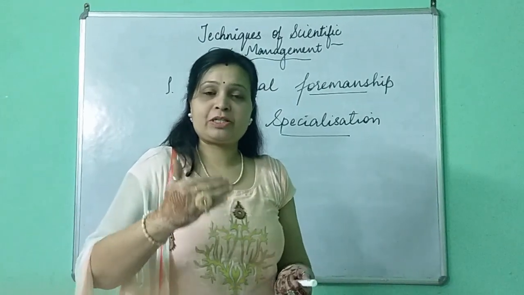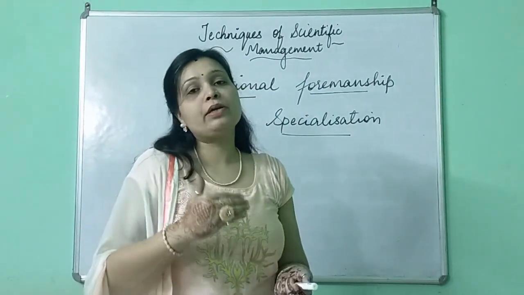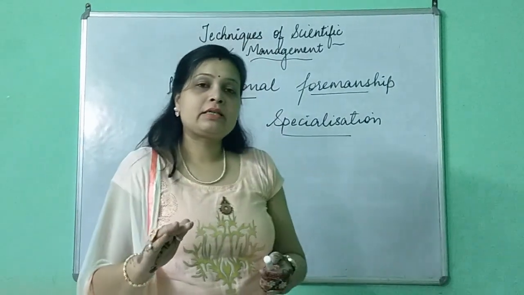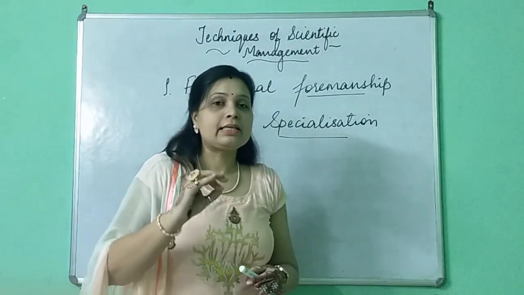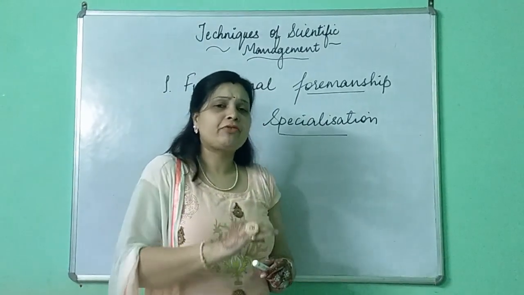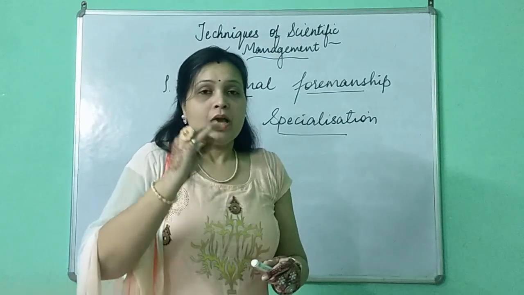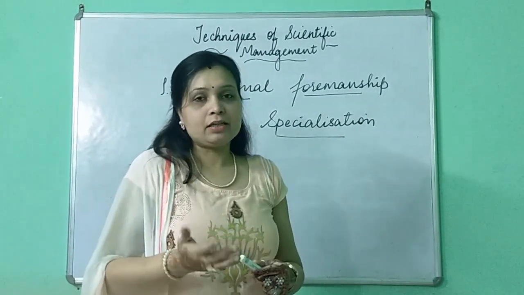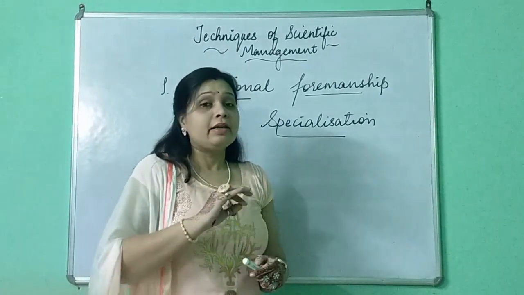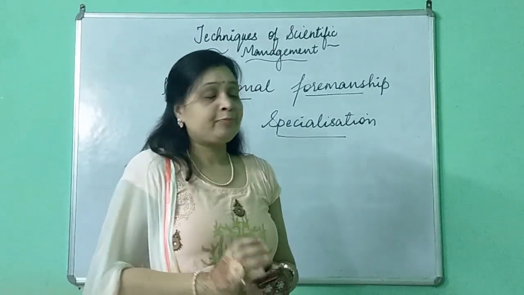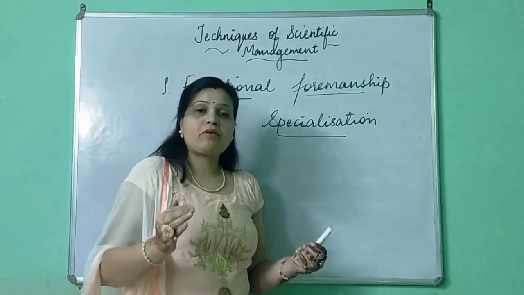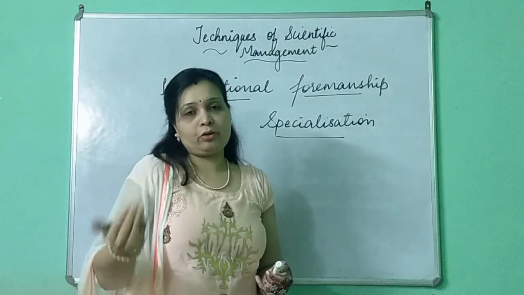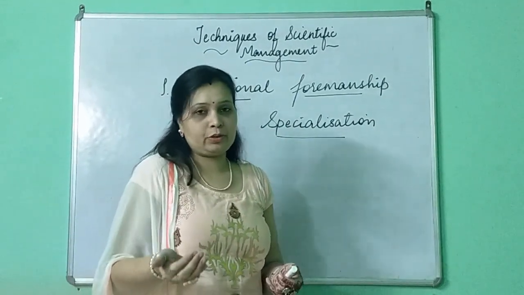because this principle of specialization also says that the work should be divided and should be given to the specialist. Specialist means the expert, the person who is expert in doing that particular work, because no person on this earth is perfect. No one is perfect enough to do each and every task with full efficiency. Each person is capable of doing some or the other task very properly, but none can do each and every task perfectly. So whatever work we are having, we divide it into smaller units and then we give each unit to a particular person who is a specialist in doing that particular work.